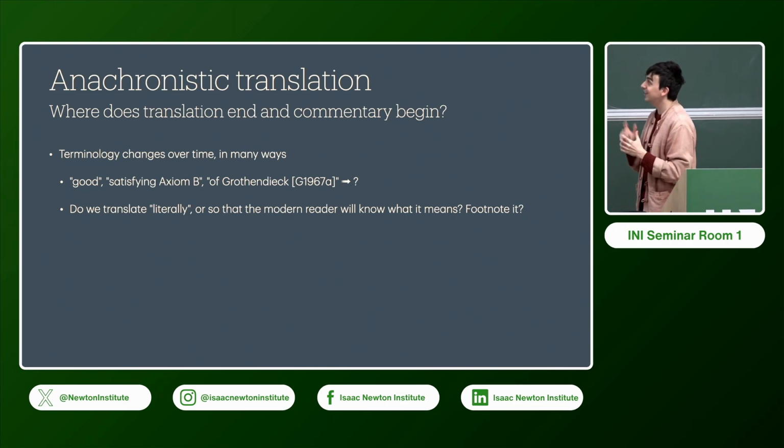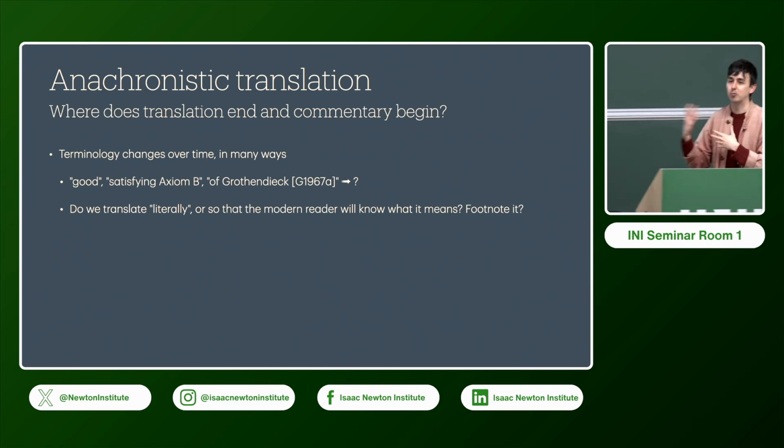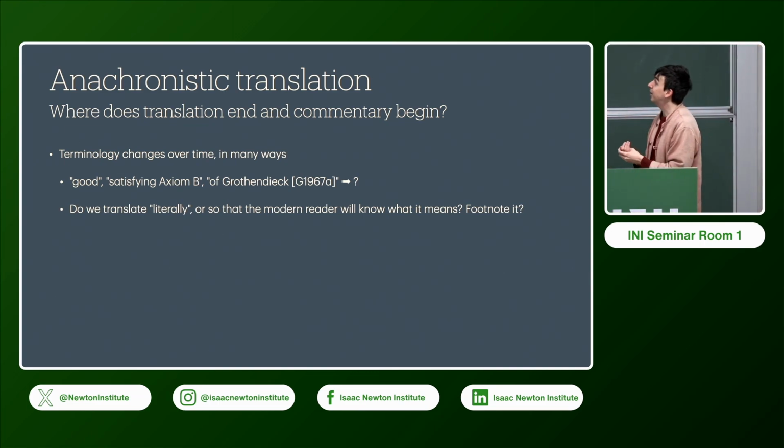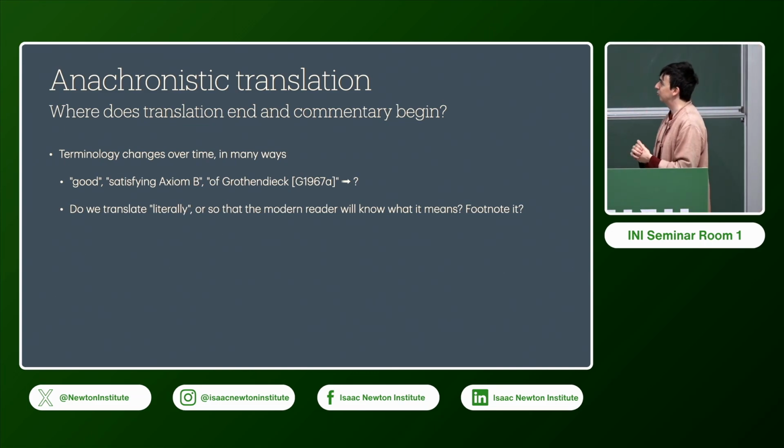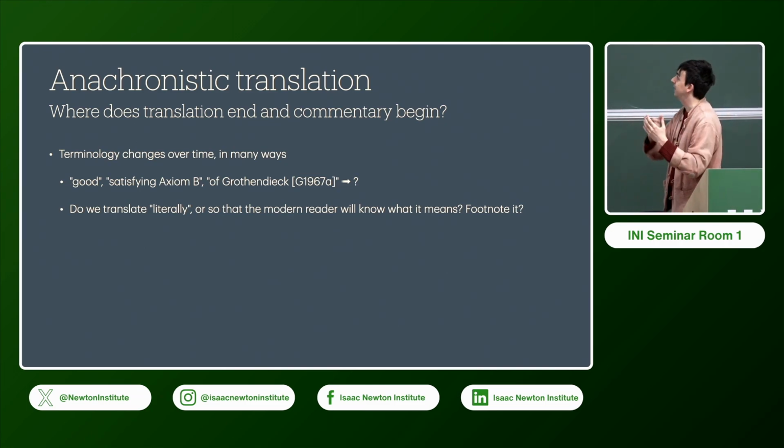We now use things like C good or B good instead. Sometimes they say things like, oh, something's satisfying axiom B. This might later on be given a name. So when you translate it, what do you do? And another thing is you'll see a lot of things like, oh, this construction of Grothendieck, blah, blah, blah. Now that often has a name. Generally, it's now just called the Grothendieck construction, which is slightly different, but still, certain things are named after people, and then they're not named after people, then they are named after people.